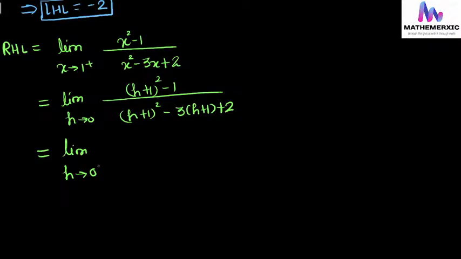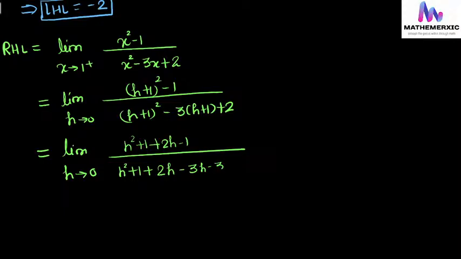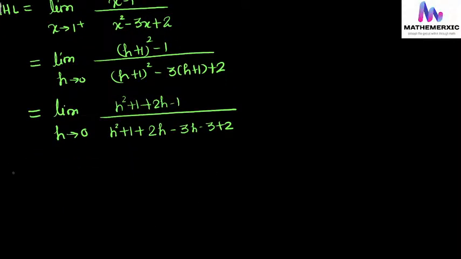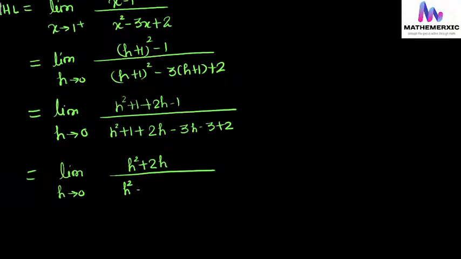So in the same fashion, if we will be trying to do one thing, that is h square plus 1, h square plus 1, 2h minus 1, h square plus 1 plus 2h minus 3 plus 2, limit h tends to 0, h square plus 2h, square, minus h,